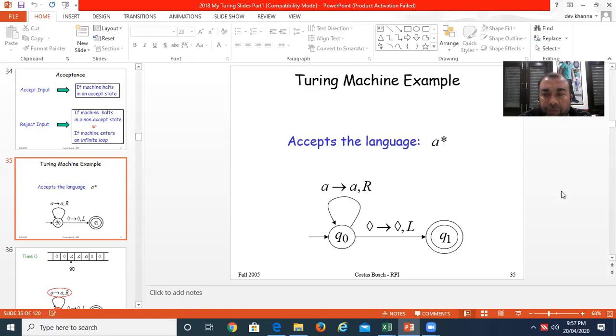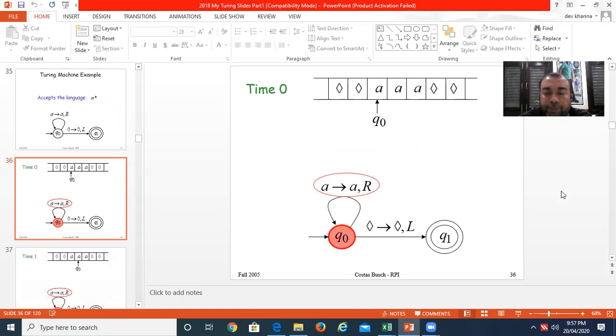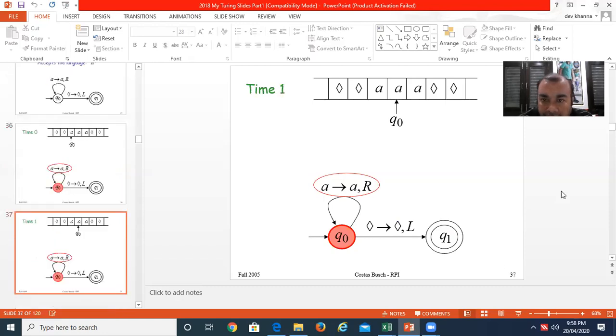Let us see this with the help of an example. Okay. So let us take the case of AAA. Red color shows what the current state is, and the circle shows what you are doing on the input tape with the pointer, or the read head, whatever you say. So you read the first character, you remain in Q0, A remains A and you switch towards the right hand side.